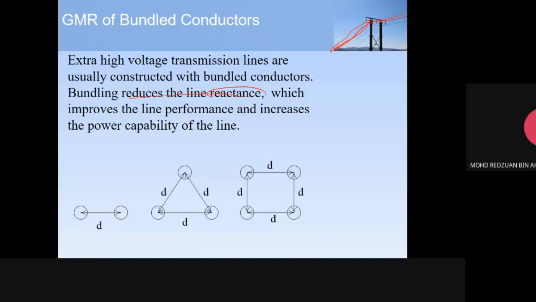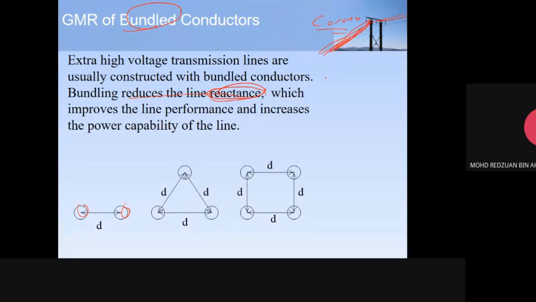This one, to reduce line reactance. That means we want to reduce the inductance of that transmission line, and then we want to reduce other effects, let's say the corona effect. By using this arrangement of multiple conductors, we call it a bundle, we can reduce line reactance as well as reduce the corona effect and other audible noise effects into the communication system,